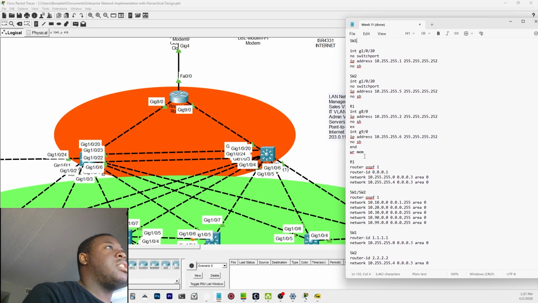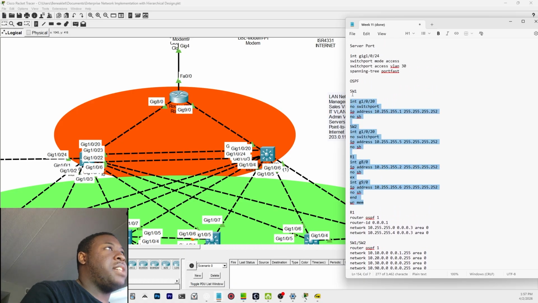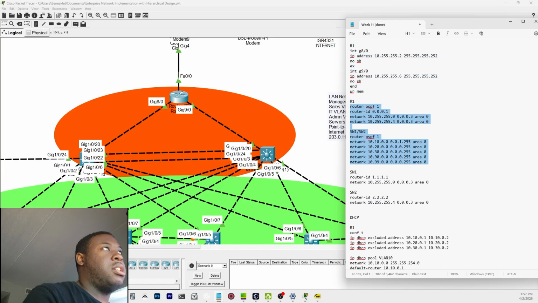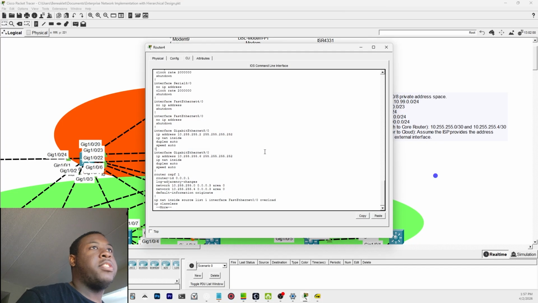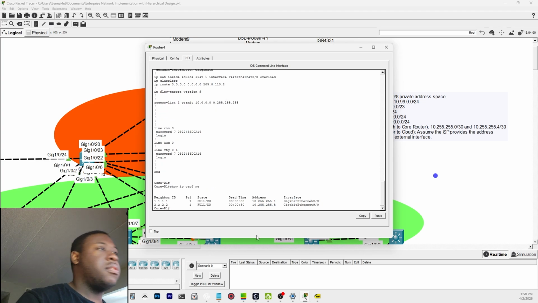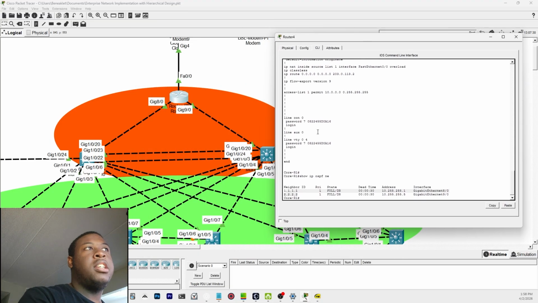So that's for this. OSPF is done right here. This is just configuring the interface, and then right here we're doing all the routes. Essentially, we have R1 talking to both of these, so they have them both as peers, as you can see. We have both of them as peers, and obviously there are 2 layer 3 switches in the core layer, so we should see 2, and they're both in full state, meaning they're actively